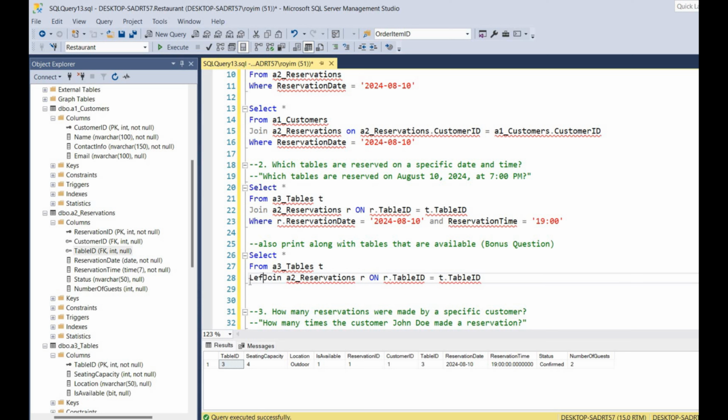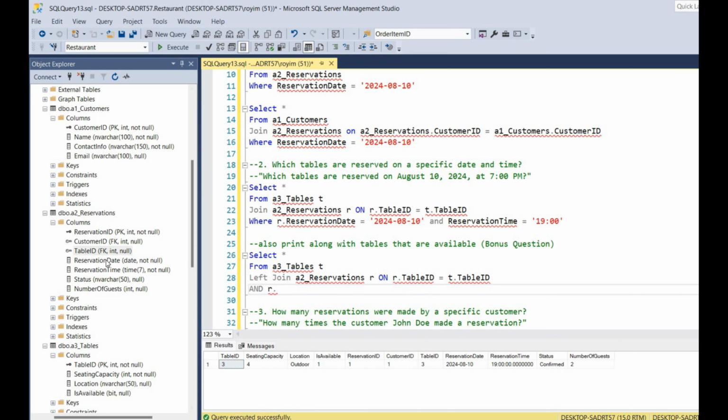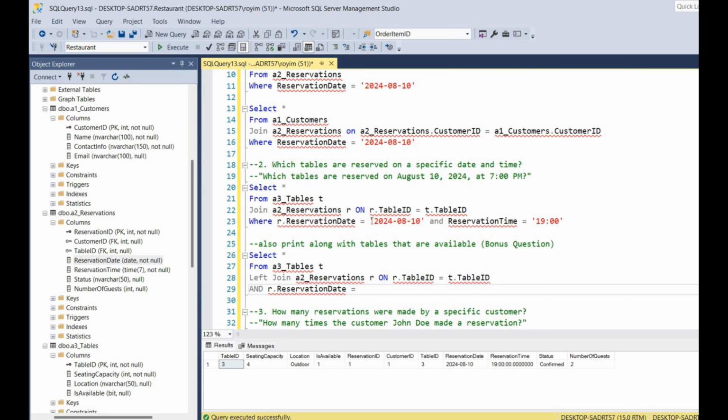So we can make it left join reservations R, and let's say I want to get on this particular date and time, or you can give only the date, whatever you wish. For that you can put another condition, and reservation dot reservation date equals to this. Let me copy this entire string,